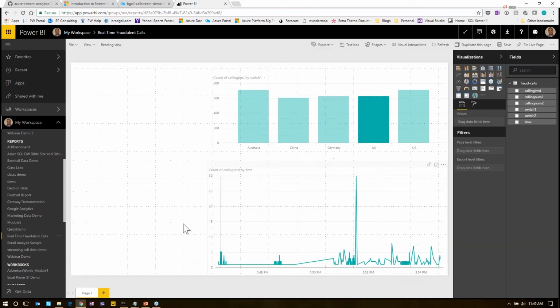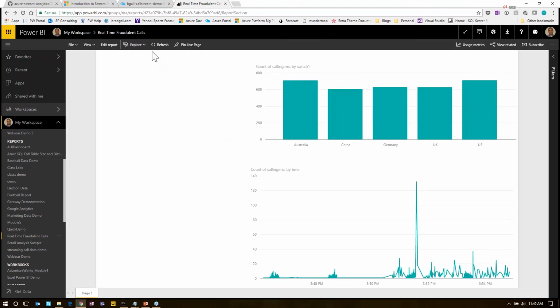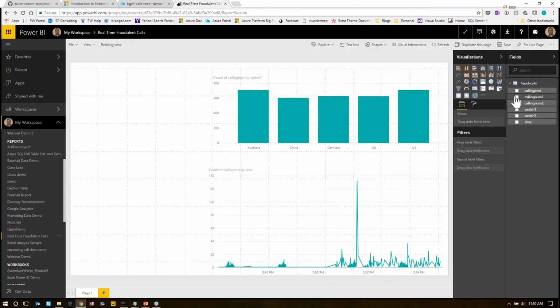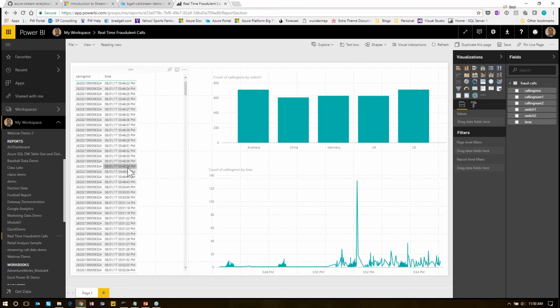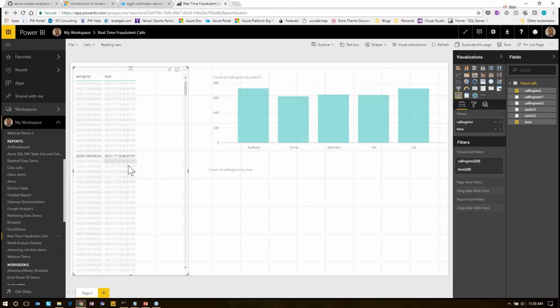Let me edit this one more time. I'm going to go ahead and add a few options here so you can see the data and how it's coming in. This is a little too much data. This is showing every single record, but I wanted to show it to you so you could see the timestamps on these as they come in. It's every 5 seconds. So that tumbling window that we set up is how often the data is being displayed here. So we rolled it up to 5 seconds, and we're sending it out to this